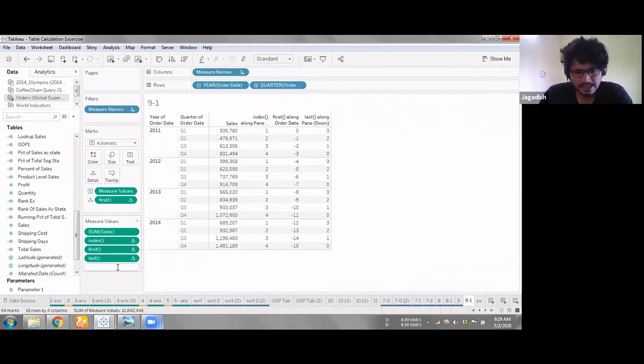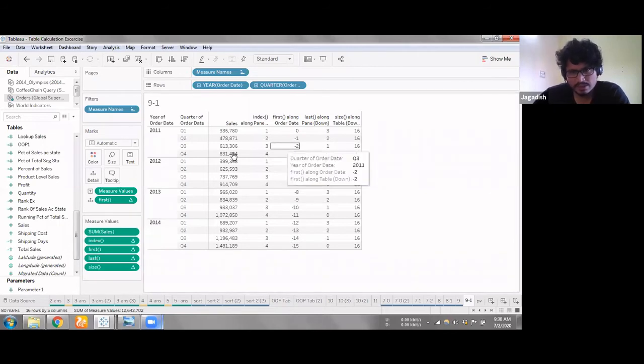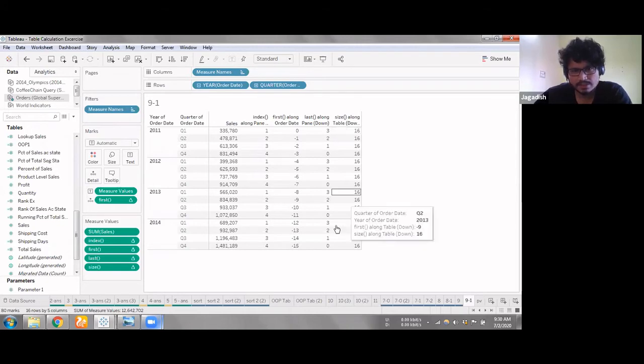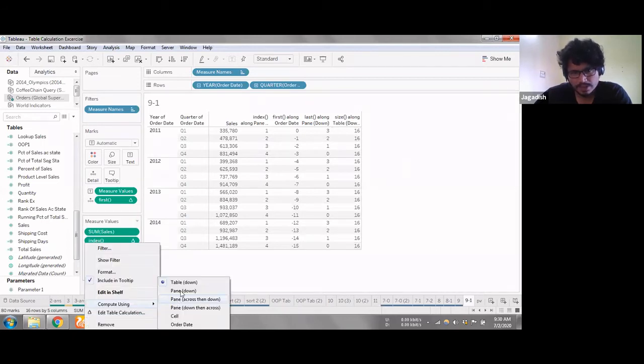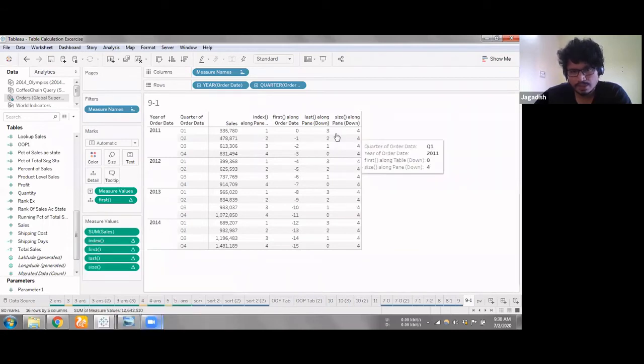And then the other helper function that we have is size. Chaitanya, this is the function that you asked for. It gives us the total number of rows involved in the table. For example, there are a total of 16 rows, and it results in 16 for each and every value. When I change it to compute using pane down, it will give me 4, 4, 4, because in each pane there are 4.